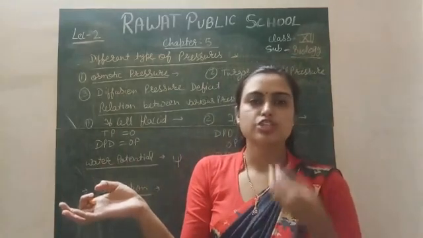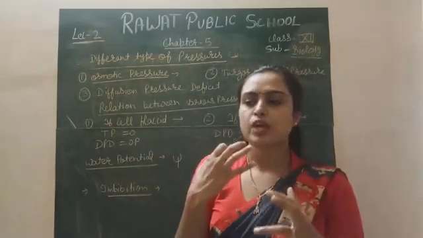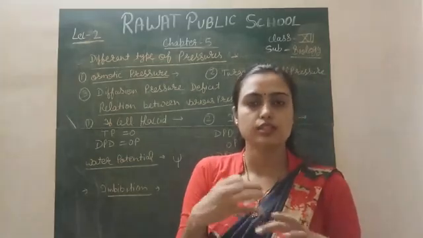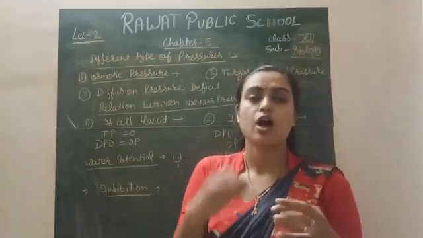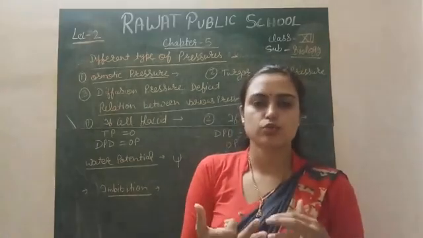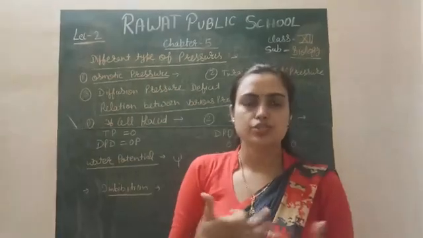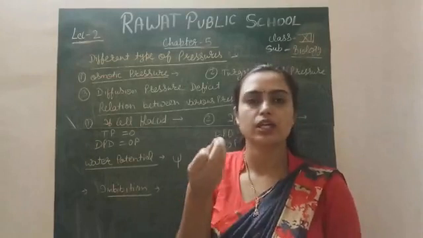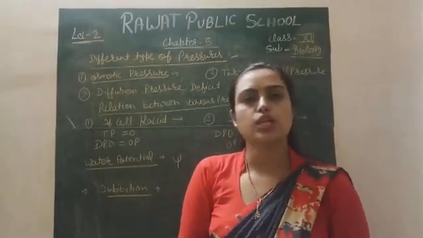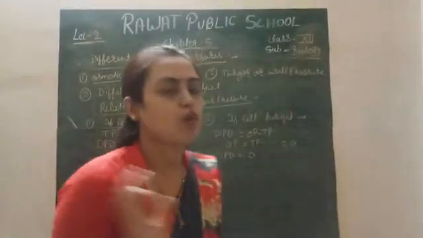So osmotic pressure is generated due to the dissolution of solute particles, which prevent the entry of water into the cell. That pressure is called the osmotic pressure, which is exerted by the concentration of the solute particles. In other words, the osmotic pressure is directly proportional to the concentration of the solute particles. When the solute particles increase in the solution, the osmotic pressure also increases in that solution.